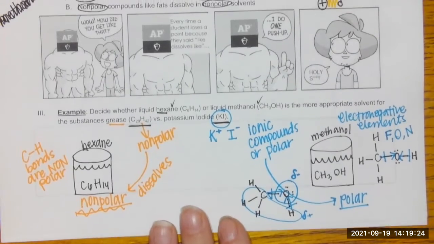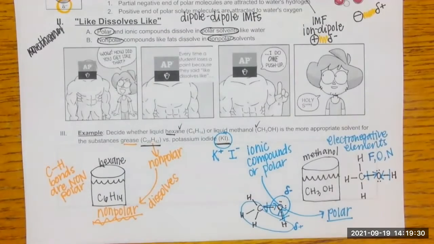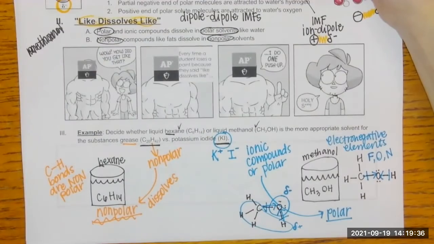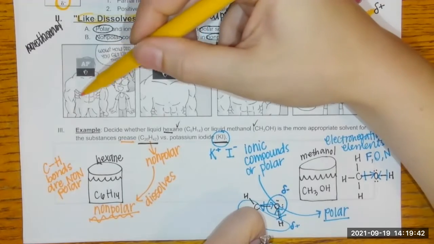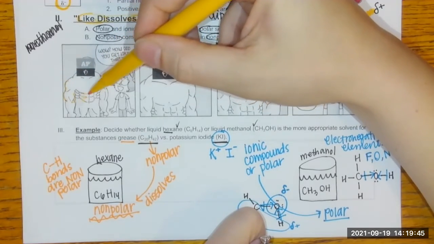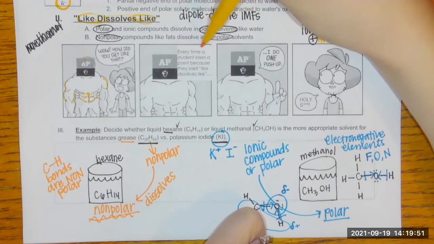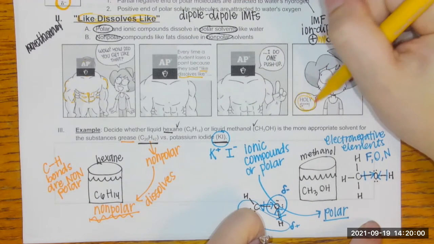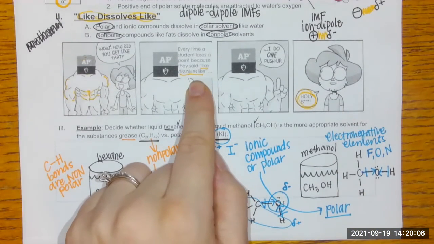But the problem is that a lot of textbooks and teachers will teach it by saying, oh yeah, like dissolves like. And then students write it on their test, and then something like this happens. Whoa, how'd you get like that? He's got a 6-pack like me. And the AP College Board logo. Every time a student loses a point because they said like dissolves like, I do 1 push-up. Holy shiz. So just writing like dissolves like does not get you a point.